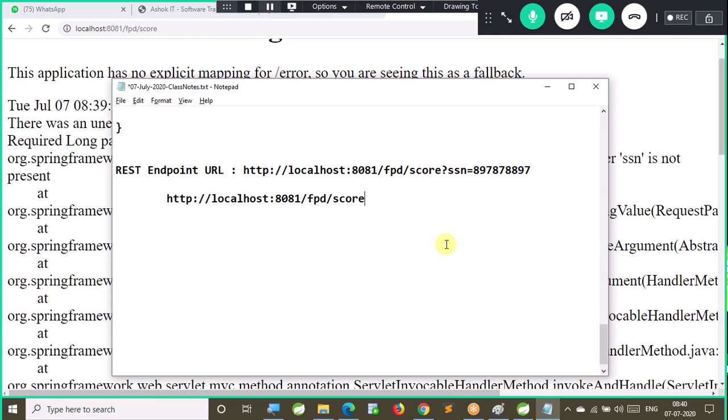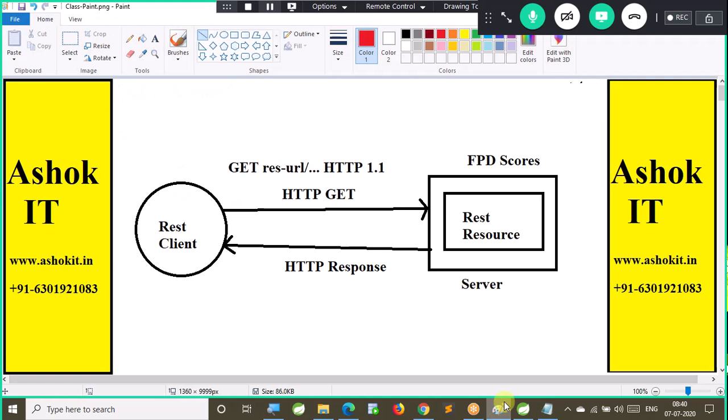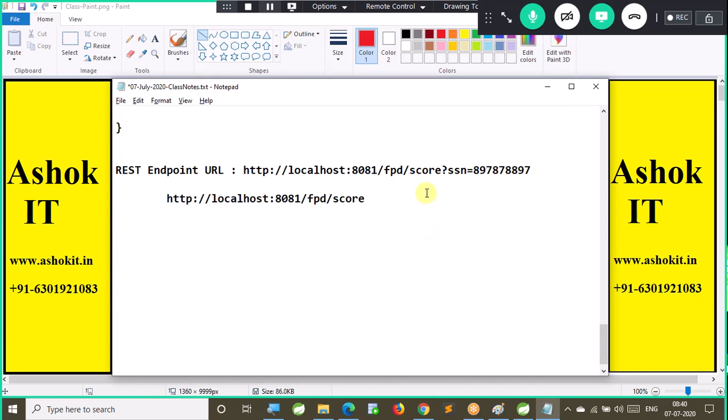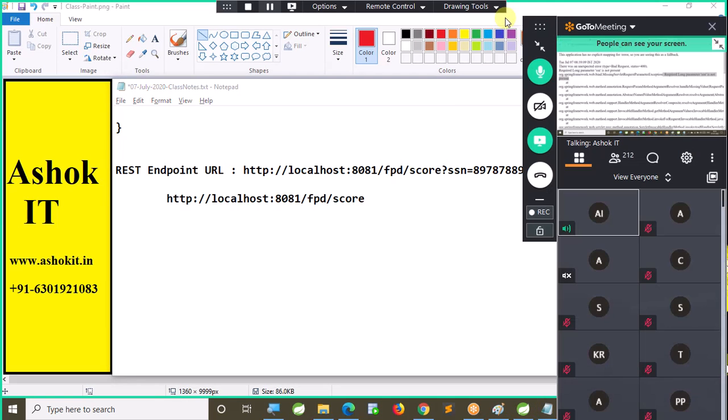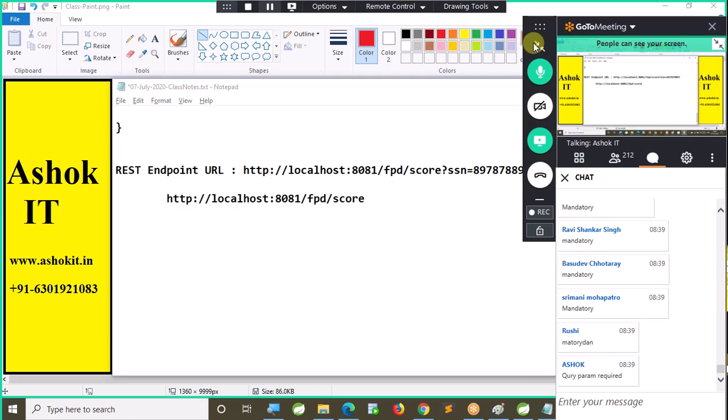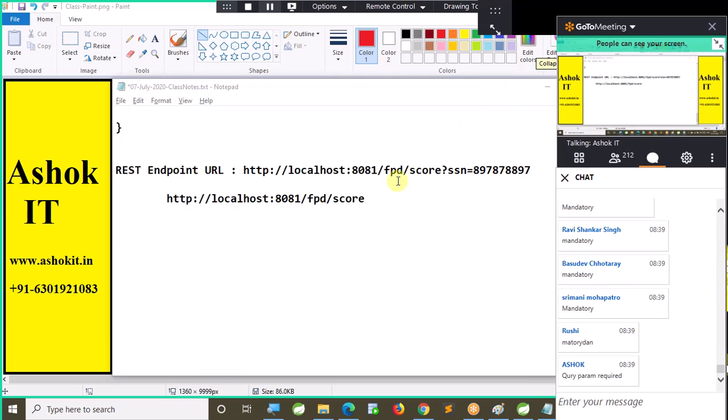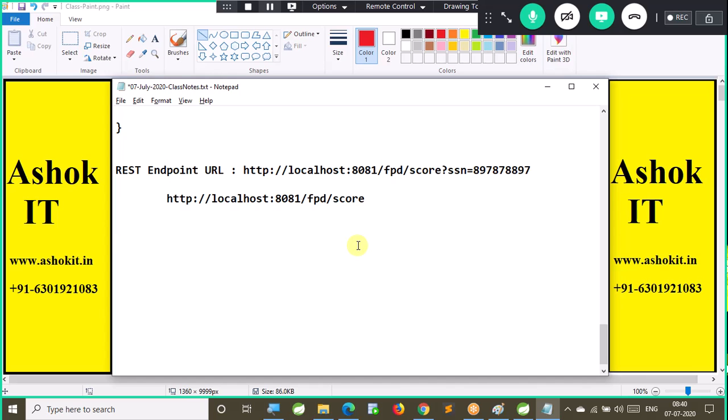You have to understand. Same REST API, if I develop by using JAX-RS API, there also I can read the query parameter. If the query parameter is there in the JAX-RS API, it is optional. Without passing the query parameter also you can access the REST API if it is developed by using JAX-RS. But if it is developed by using Spring MVC, then it is mandatory. Are you able to understand? By default, query parameters are mandatory when we are working with Spring REST controllers. Note that point.